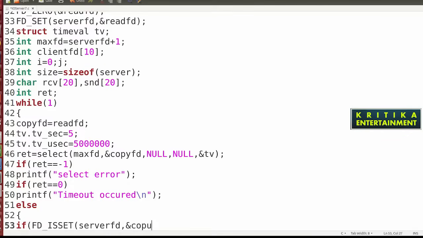Always use the copy fd, do not use the primary, use the copy fd.